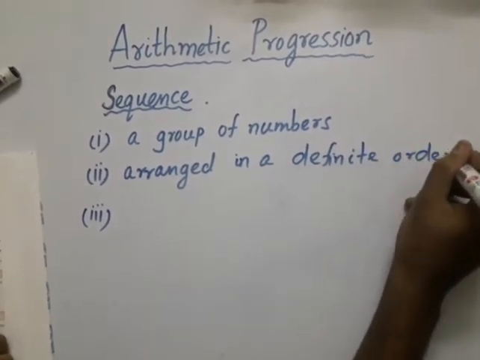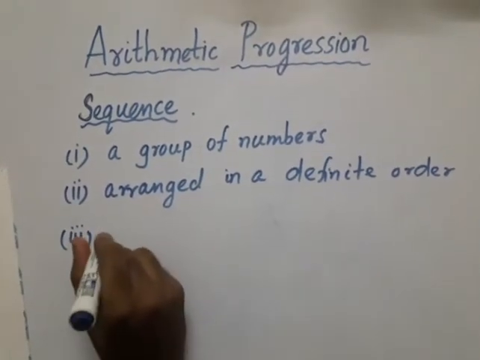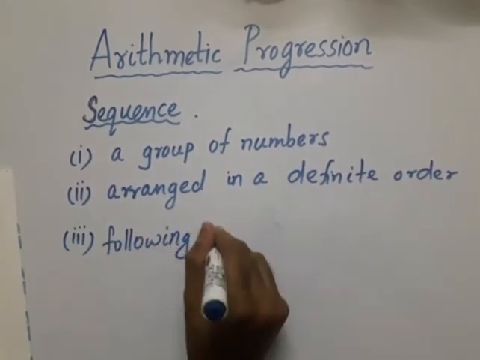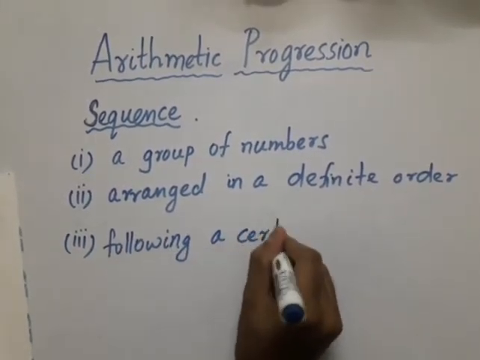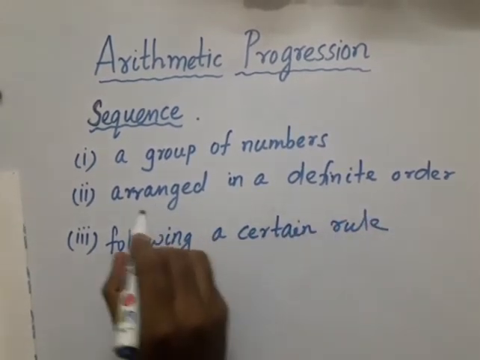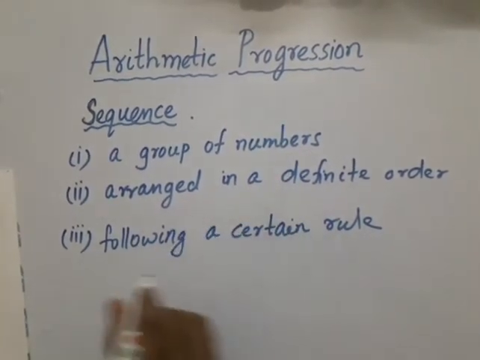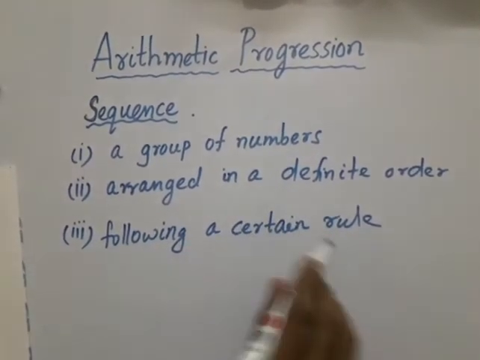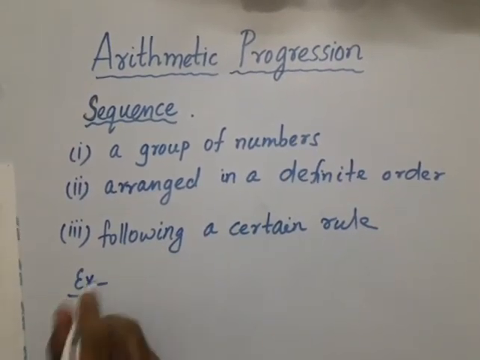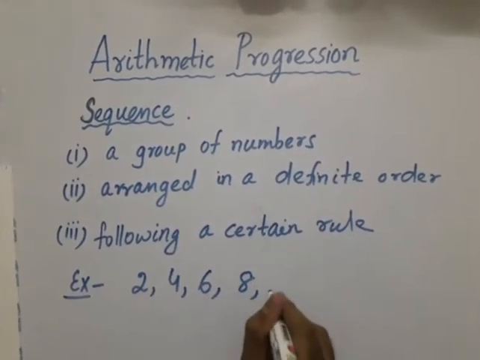मतलब एक पर्टिकुलर ऑर्डर पे वो लोग अरेंज हुए होंगे. And the last one is following a certain rule. That means ये जो अरेंज हुए हैं एक डेफिनाइट ऑर्डर में, वो डेफिनाइट ऑर्डर किसी पर्टिकुलर रूल या फिर किसी पर्टिकुलर फॉर्मूले को रिप्रेजेंट करता होगा. जैसे कि एक एग्जांपल मैं लूँगा अभी आपके लिए 2, 4, 6, 8, dot dot dot